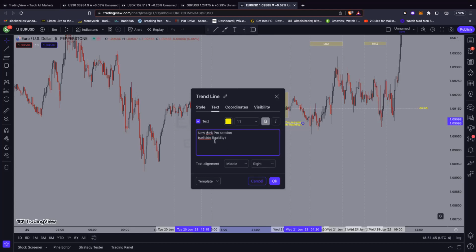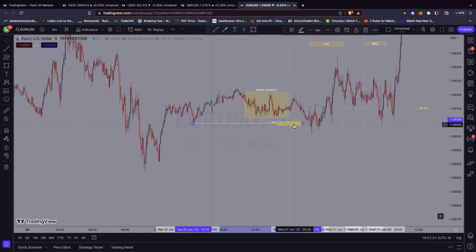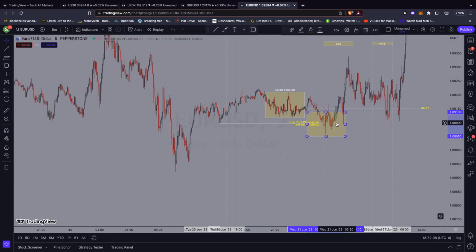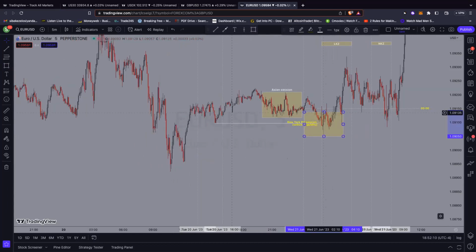Okay, New York PM session, sell side. And then we have this New York PM session, sell side. That was taken out. This is manipulation. Anything below this low is manipulation, right? And then we manipulated, we took this thing out